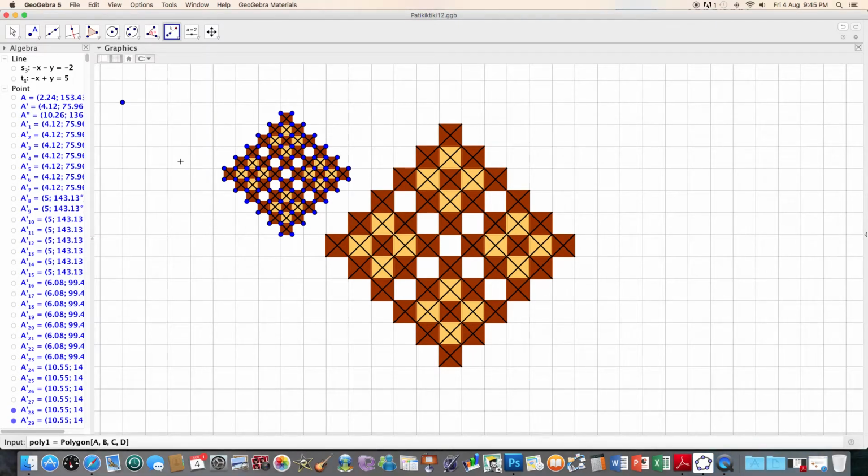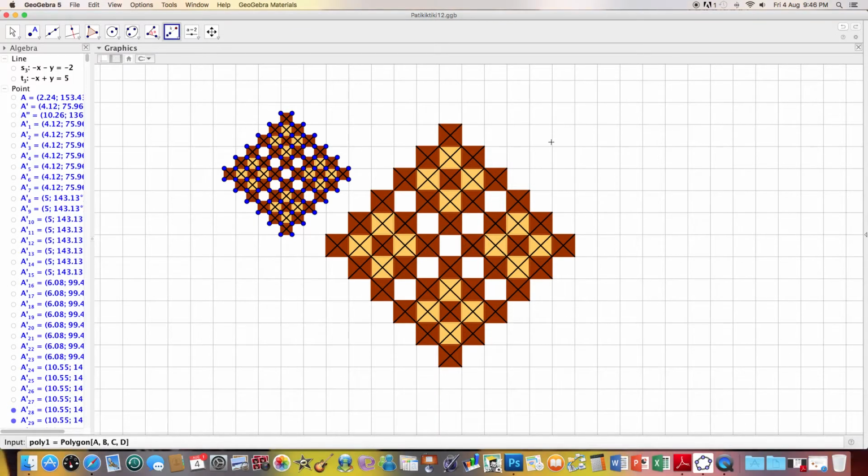What I'm going to do now, I'm just going to hide this dot. I'm now going to move this shape. I could leave it there, but yeah, I will leave it at that point there. But what I'm going to do now is move it from here all the way across to there,